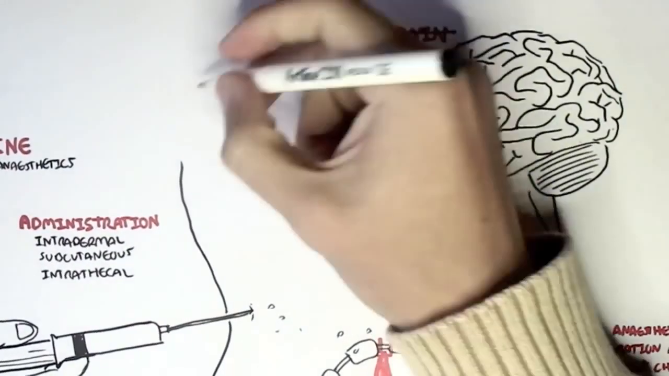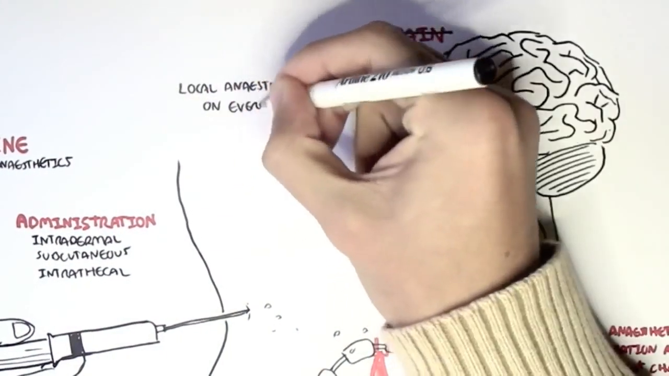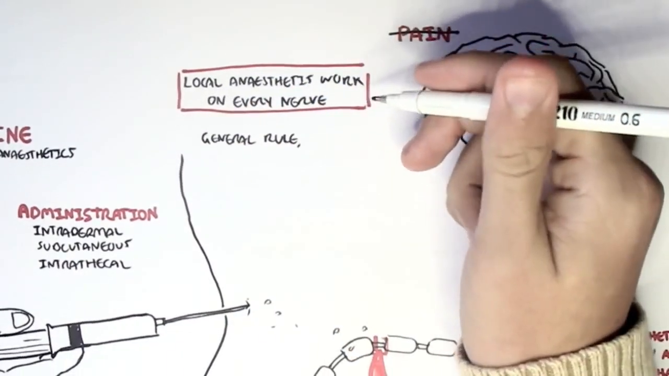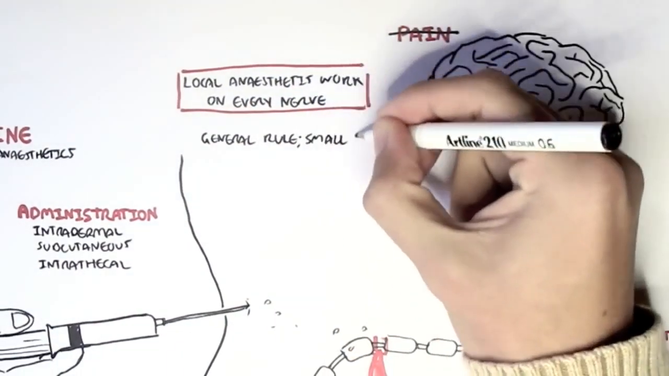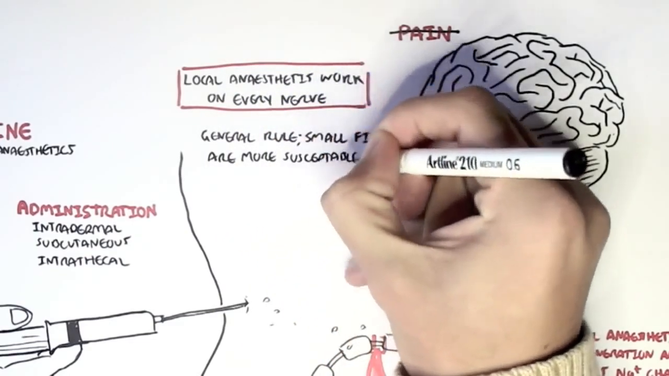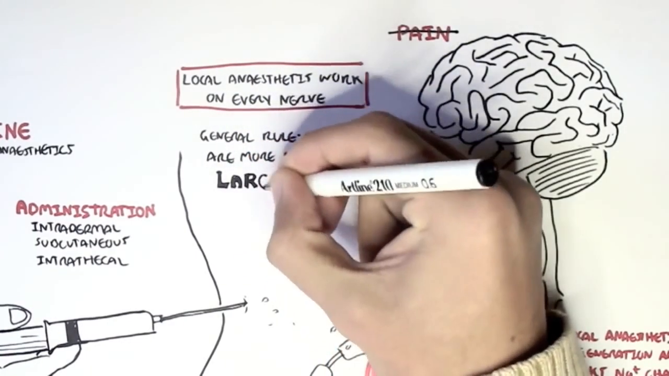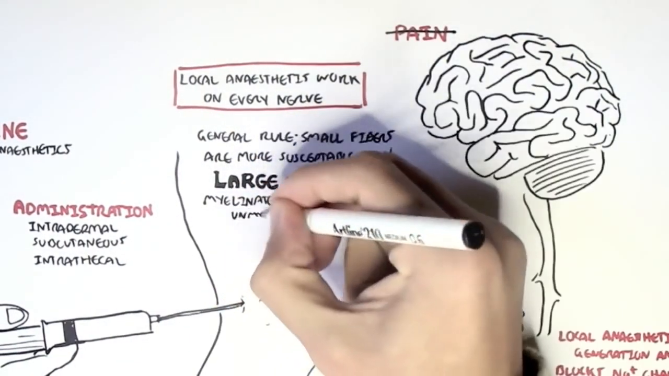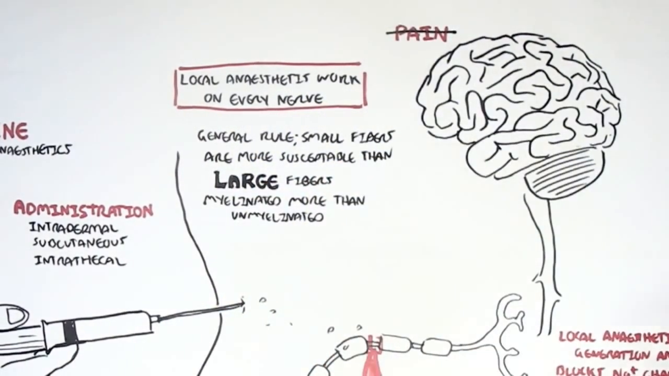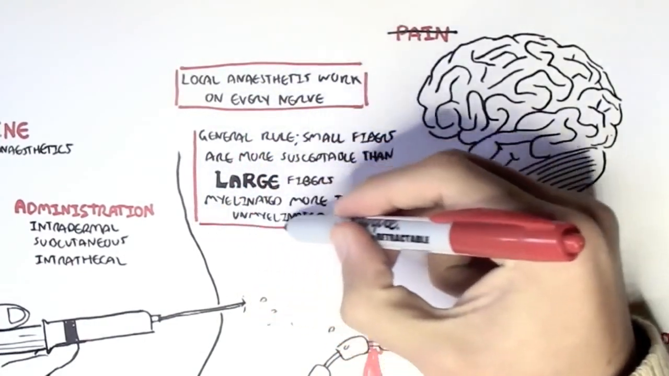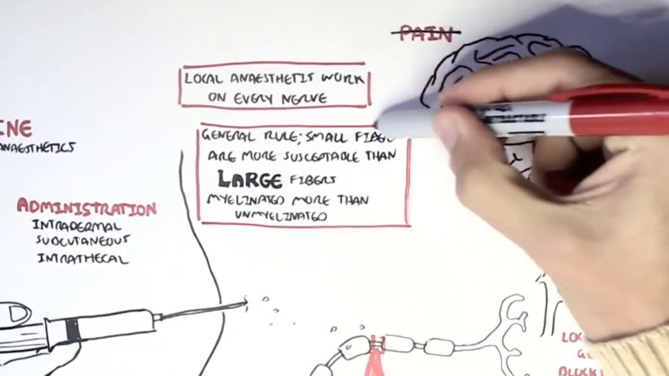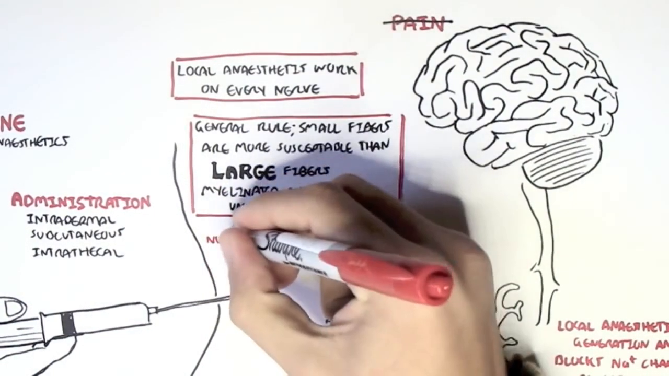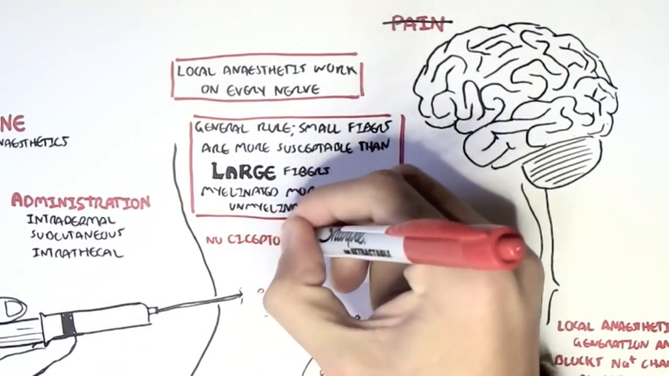However, local anesthetics actually work on every type of nerve, not only these afferent nerve fibers, the pain fibers. But as a general rule, they work more on smaller fibers because small fibers are more susceptible than large fibers. And local anesthetics also work particularly on myelinated more than unmyelinated nerve fibers. So if we draw this up from the most susceptible to the least susceptible, it is the nociceptors, the pain fibers,